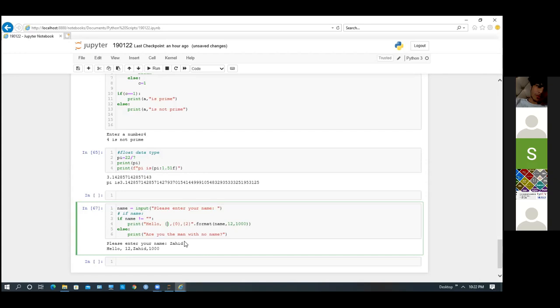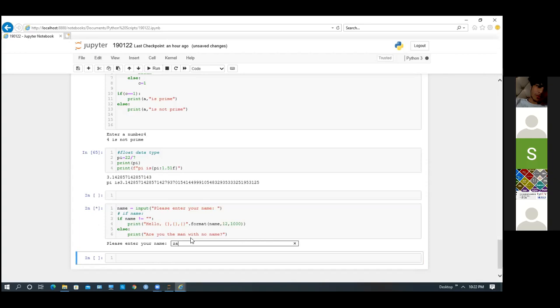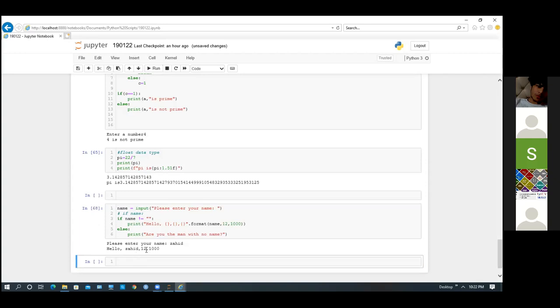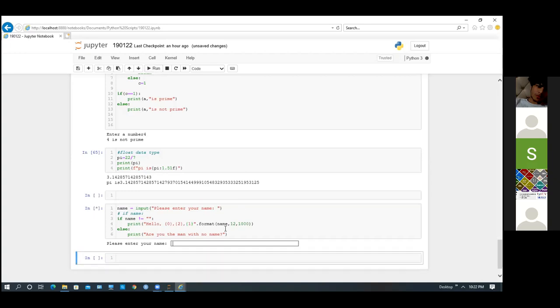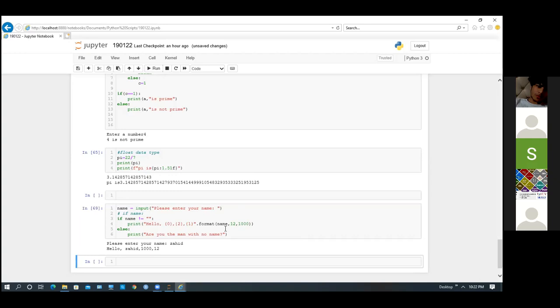If we write it like this, if we give 3 brackets, then what will happen? Can you tell me the output? It will print name first, suppose Zaid, then 12,000. It will print in this order. But if I want to change the order inside a string, suppose I write 0, 2, 1. So dot format formats inside a string, based on the index. Anybody, any issue in this one?